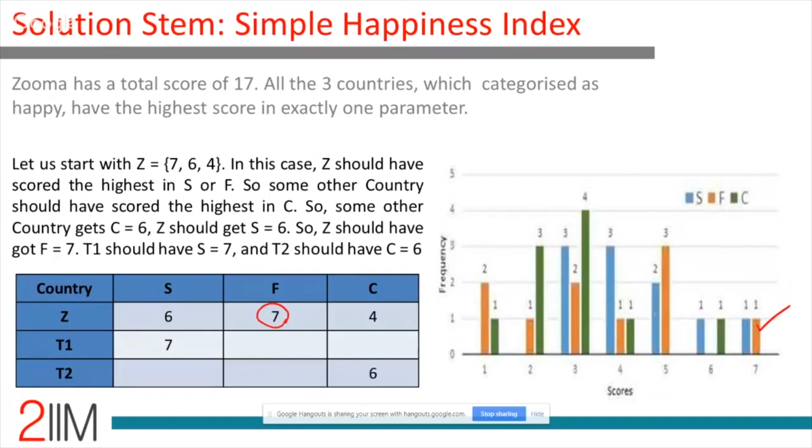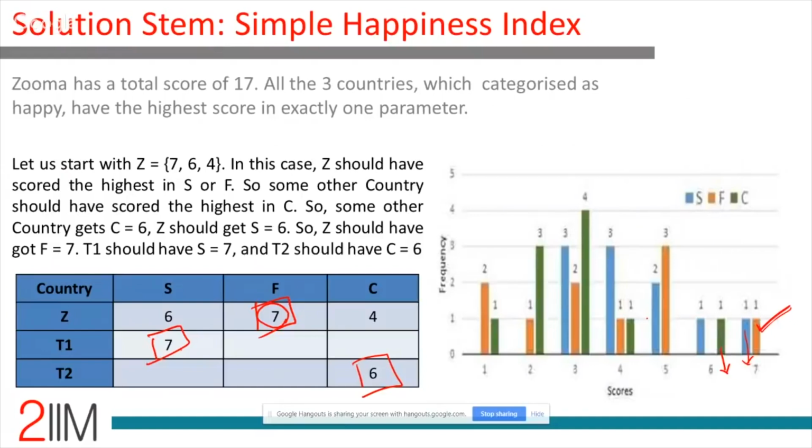If Zuma were 6, 7, 4, then Zuma has the highest in this. Somebody else should have the highest as this blue, which is S. The third person who's got the happy should have got this 6. So this is the highest in F, this is the highest in S, this is the highest in C. 3 different happy countries, each has got the highest in S, F, and C, which is social support, freedom of choice,